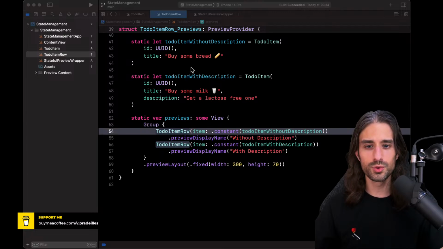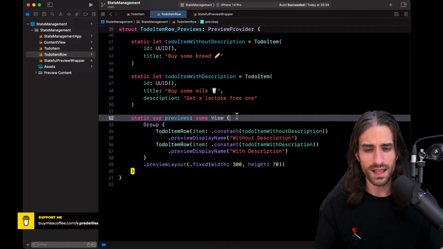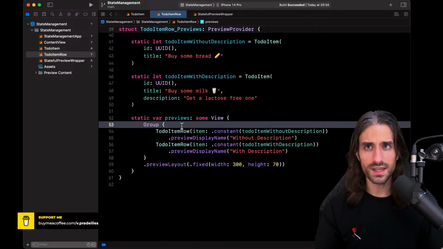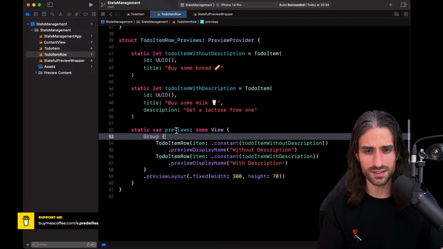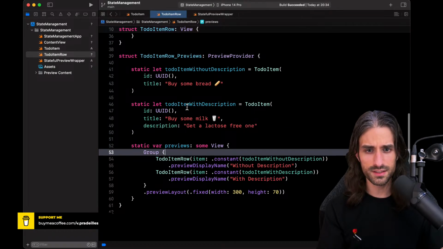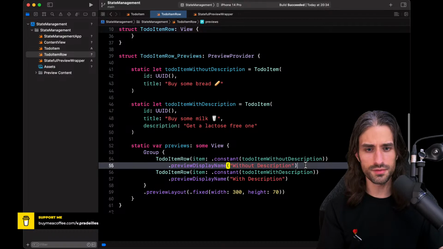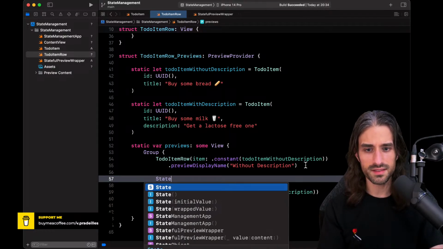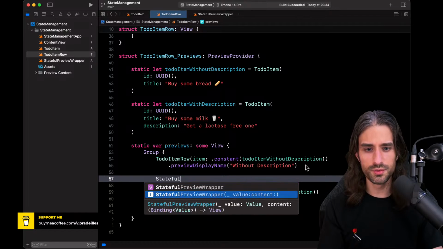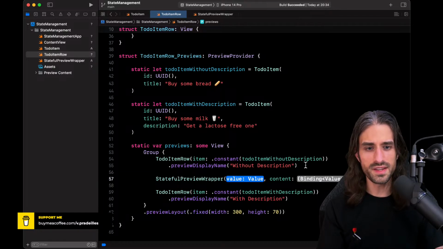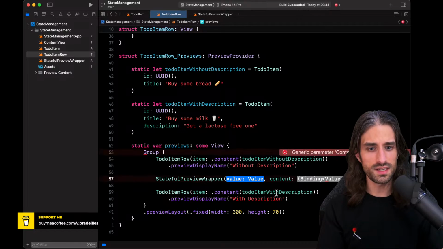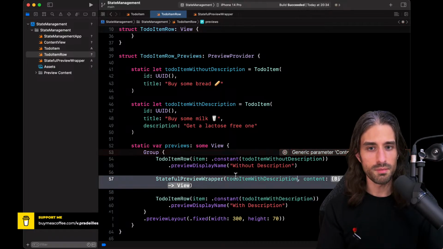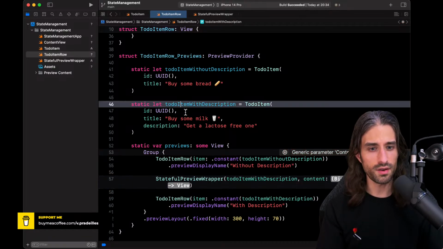So here for the to-do item row, let me see where we could use it. Let's use it for the one with a description, for instance. So here I'm going to use my StatefulPreviewWrapper. I need to provide a value, so I can give it as an initial value my static property right here.